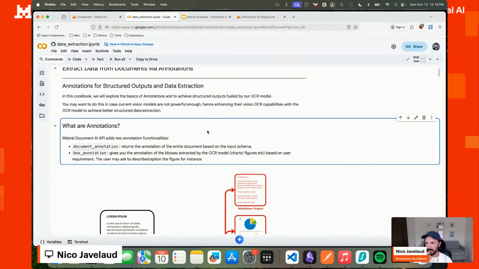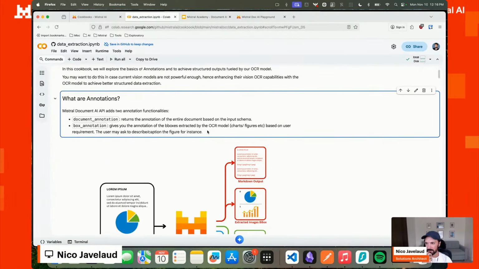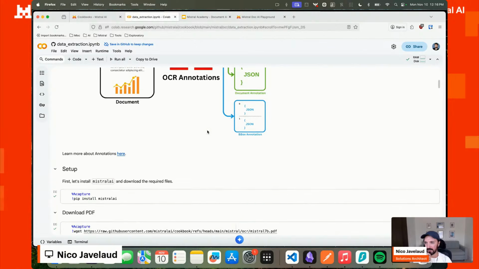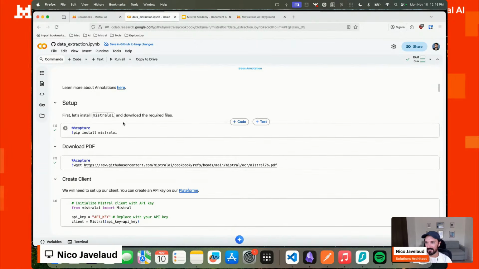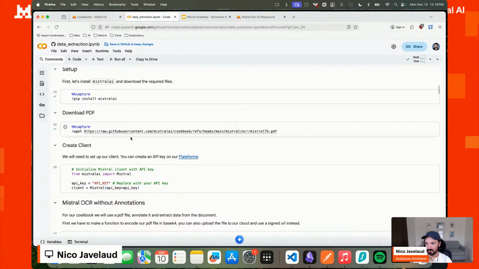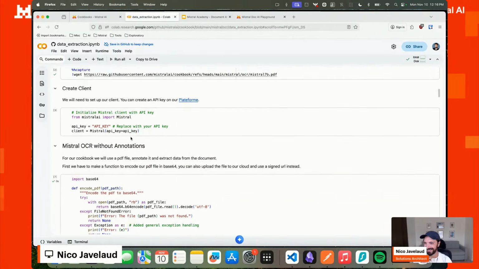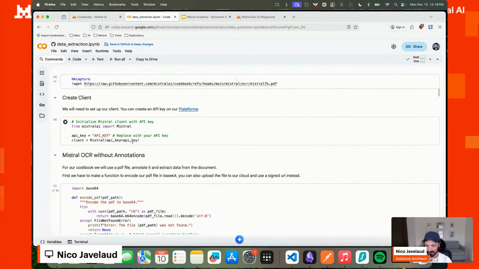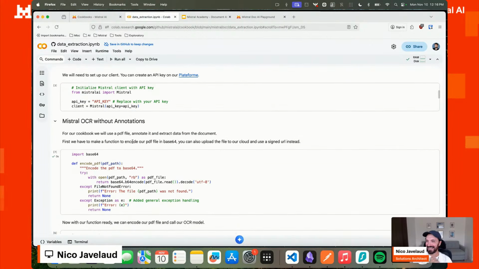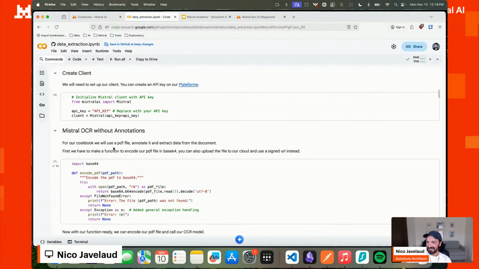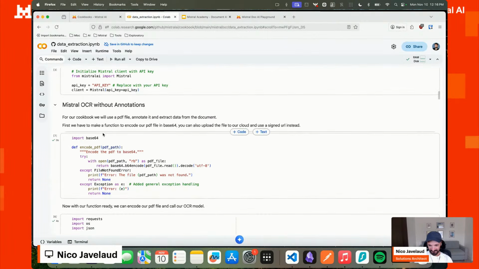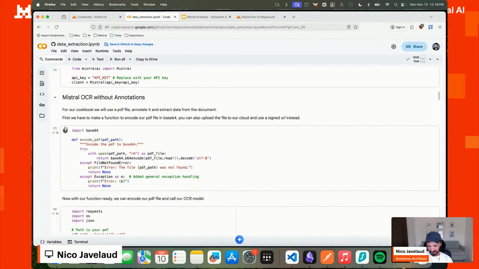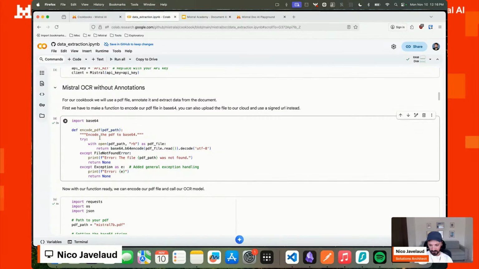I'm sure you will be familiar with the cookbook. So it's basically you're going to have a mix of annotations and actions that you can run. Just to save time, I've already done the installation of the requirements. I made sure not to leak my API key on this stream. And basically, let's start here with this. And let's load a first function that is going to allow me to encode a PDF that is downloaded locally in base 64